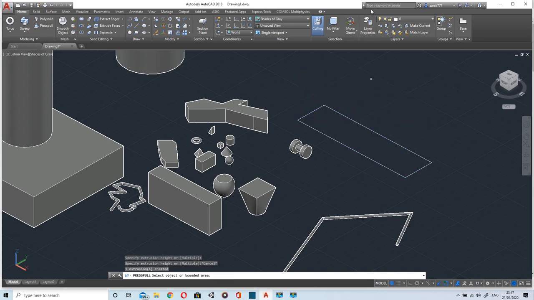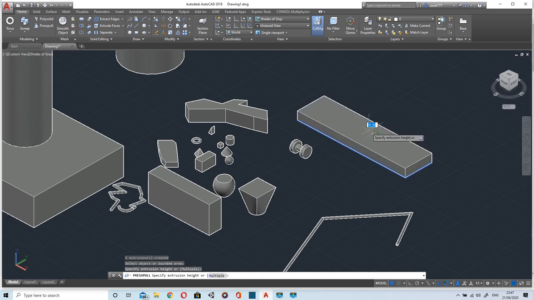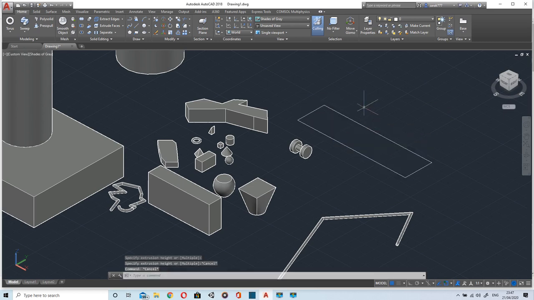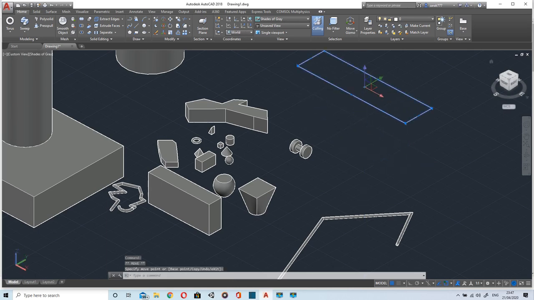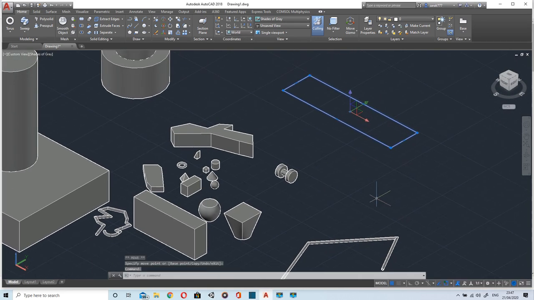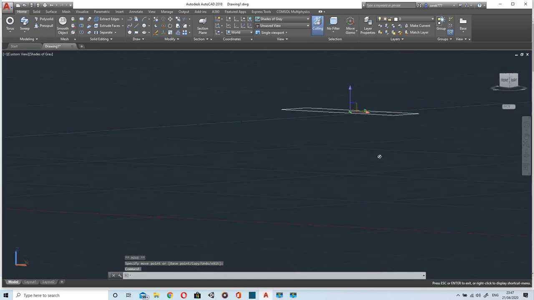But if I move this rectangle above my workspace using move Gizmo, if I drag this rectangle above this workspace surface, above XY, if I move it above XY, and then as it's above XY now,